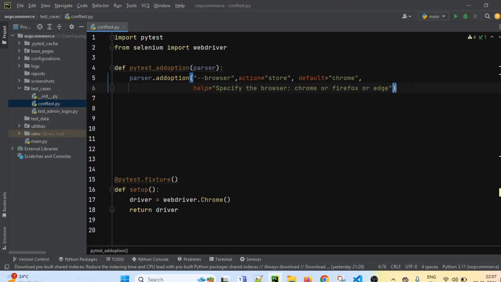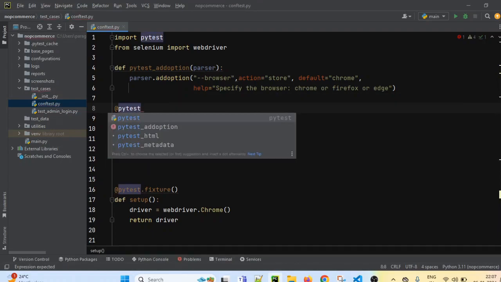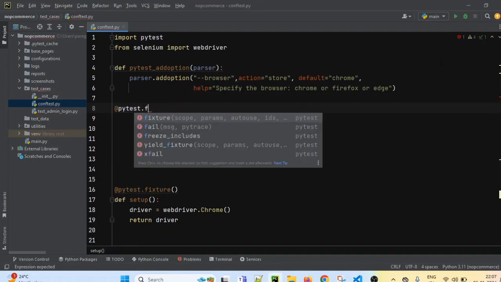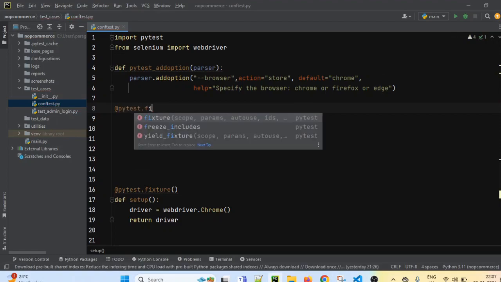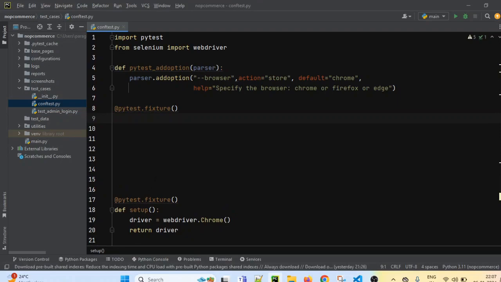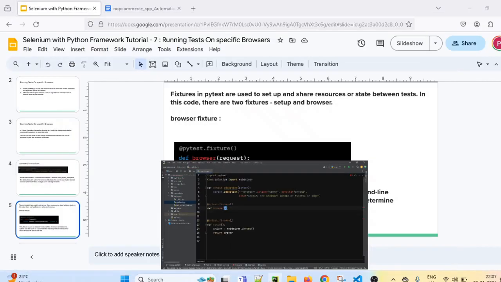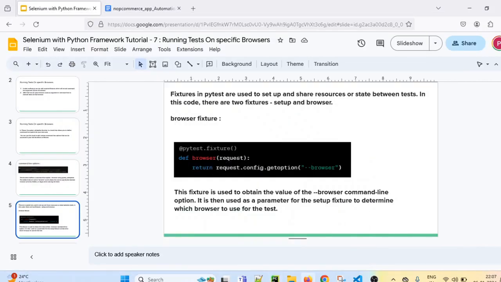So I will just add one more fixture here, @pytest.fixture. Then let's define one method, def browser. We have to add this PyTest fixture in which we are defining browser.